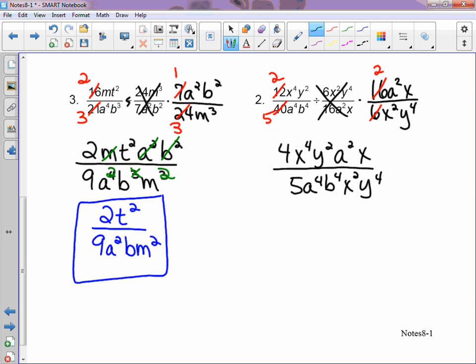Maybe I should have went ahead and factored this down right here. So, what's x to the 4th times x squared? You add the exponents. x squared times 2, we're multiplying. So,